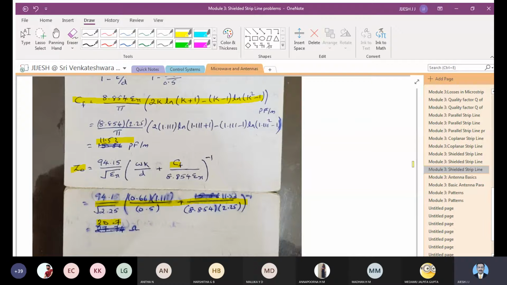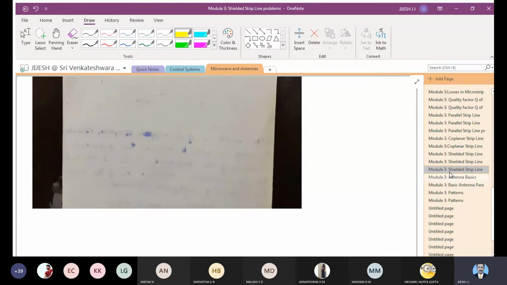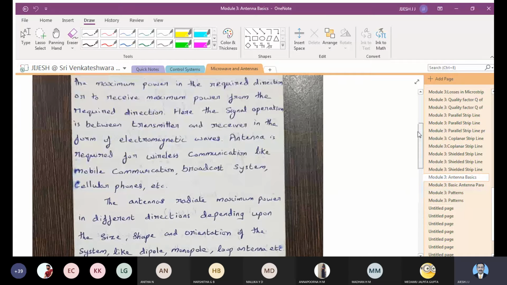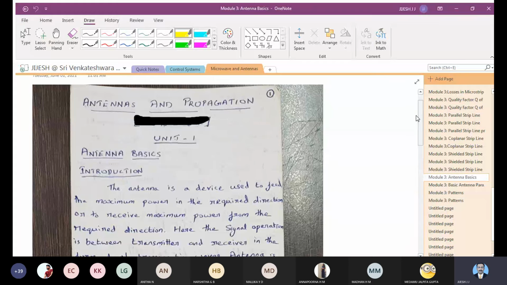Now we have to entirely switch over to the next concept that is called antenna, and we have completely done with microwave. So 50% plus concepts are over, and we are going to the next portion that is entirely a different thing, where we are going to study about antennas. So we have to understand what is the need of an antenna. We were in microwave till 2.5 modules, understanding microwave and all those things.